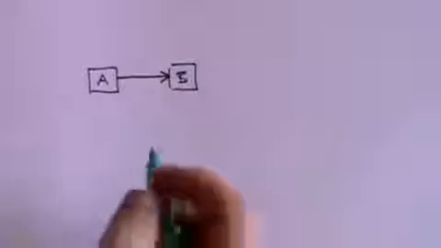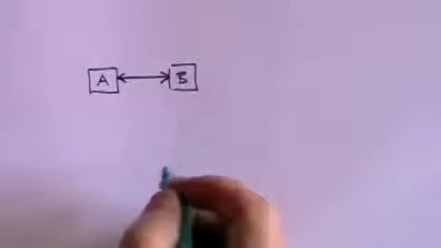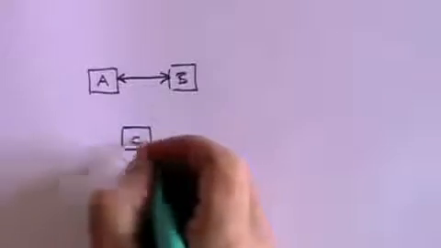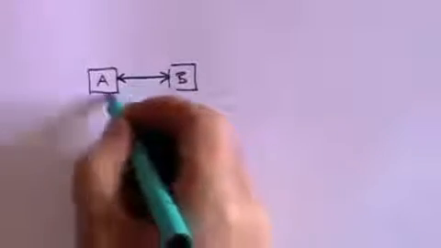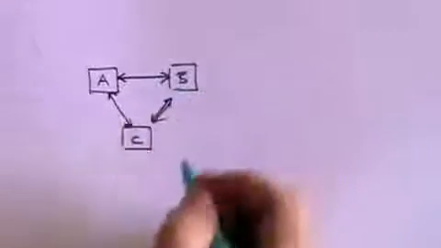And it will continue to do that until those 2 bodies are what are called in thermal equilibrium, which is kind of another way of saying they're at the same temperature. And what the 0th law says is that if 2 bodies are in thermal equilibrium, that is, heat no longer flows between A and B, and if there's another body C which is also in thermal equilibrium with A, that is to say A and C are at the same temperature, and A and B are at the same temperature,